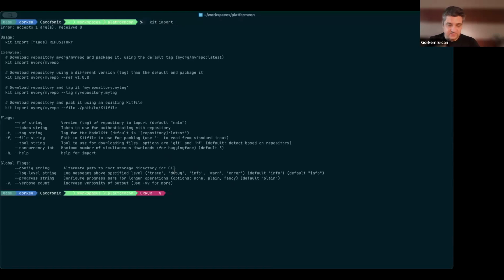So the kit import command takes a repository, essentially a Hugging Face repository URL, and then you can just use a tag to tag this locally. Let me tag it with something. Again, let me just copy and paste this so that I don't have to type it all the way. Once you do this, it will go to Hugging Face,